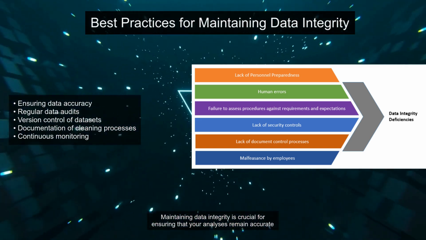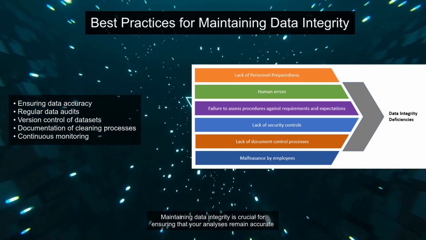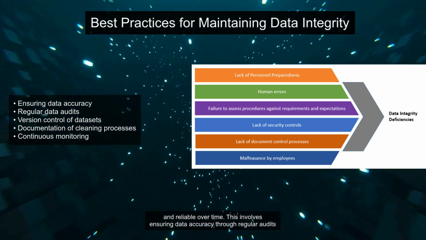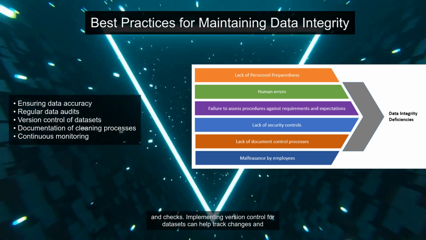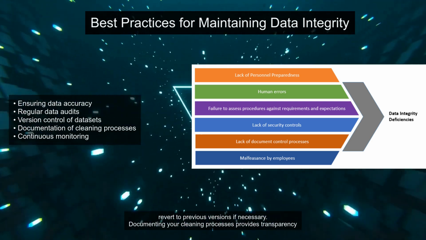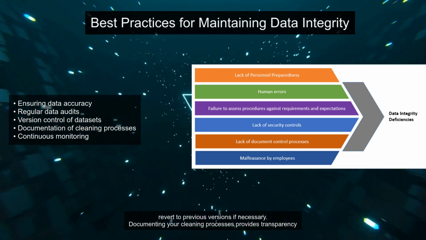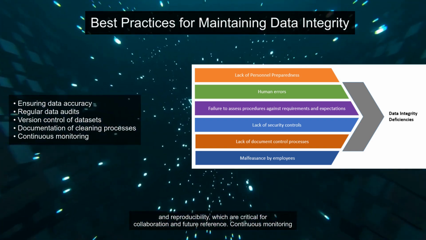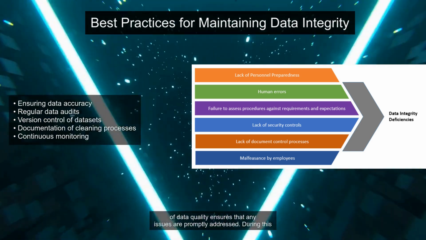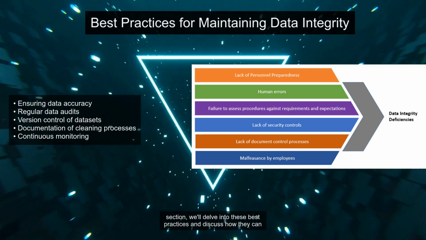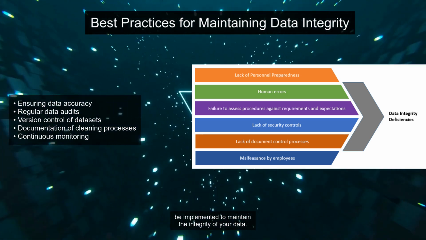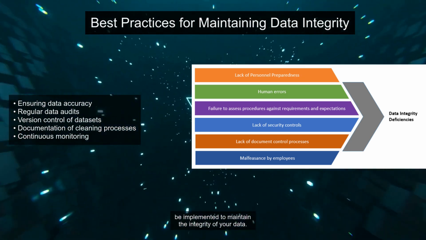Maintaining data integrity is crucial for ensuring that your analyses remain accurate and reliable over time. This involves ensuring data accuracy through regular audits and checks. Implementing version control for datasets can help track changes and revert to previous versions if necessary. Documenting your cleaning processes provides transparency and reproducibility, which are critical for collaboration and future reference. Continuous monitoring of data quality ensures that any issues are promptly addressed. During this section, we'll delve into these best practices and discuss how they can be implemented to maintain the integrity